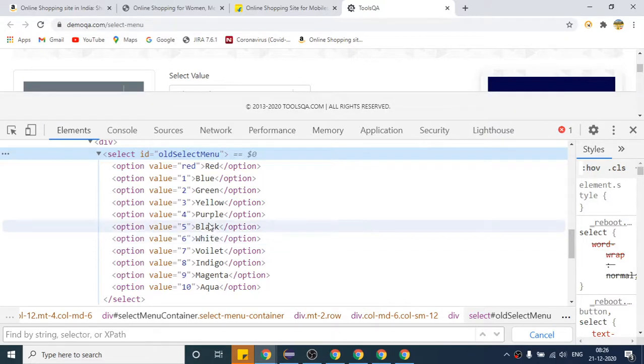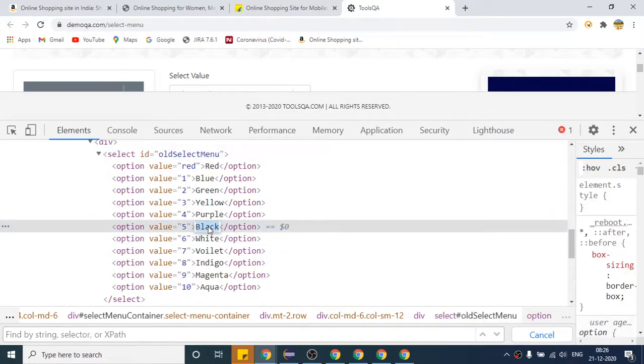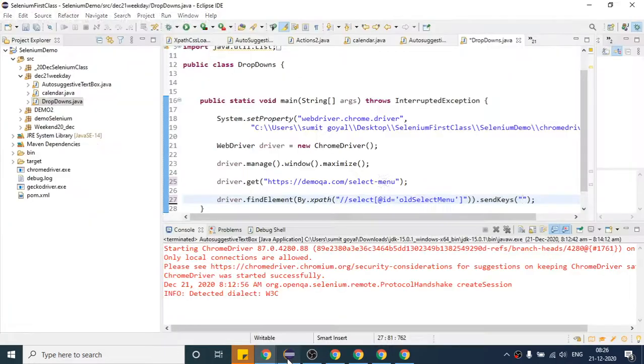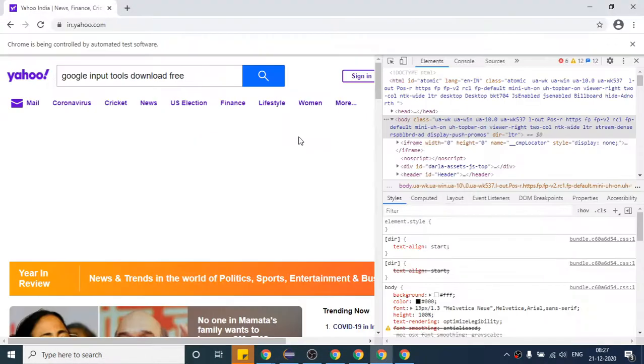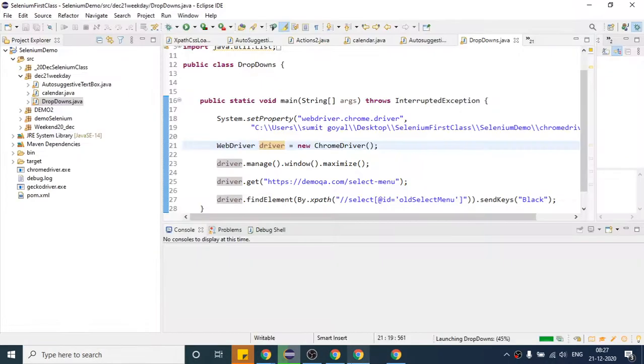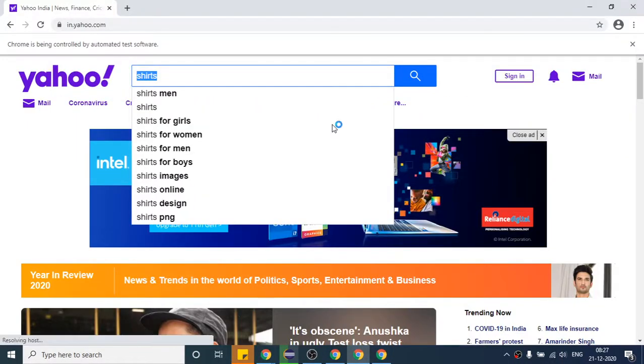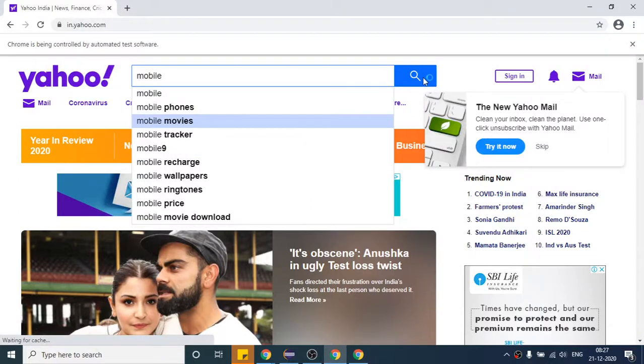So if I want to click on this black, I can send this black so that it will select. So if I say black, now this will work. I think it should work. If not, then we will see some other method. So close this, close this.